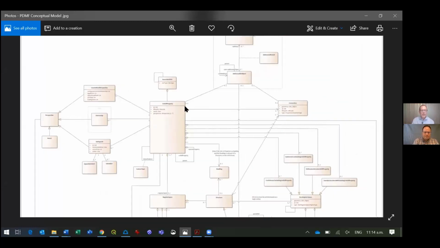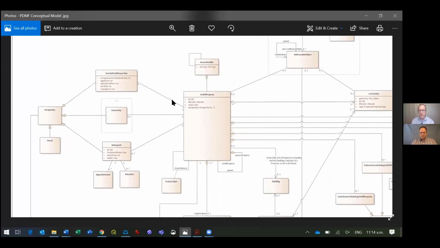So when we took this concept of perspectives, which is basically just what somebody says a property is, we realized that we had to be able to translate that into data. So effectively the way we worked it was we have these perspectives. For instance, a very commonly used property data set is the district valuation roll data. That's really just a perspective on a property. That's what councils use to value a property, so that's a valuation view of what a property is. Perfectly valid in that particular use case.